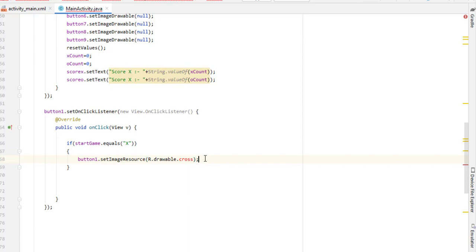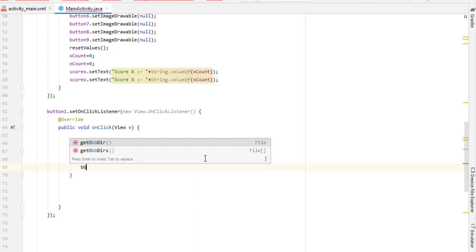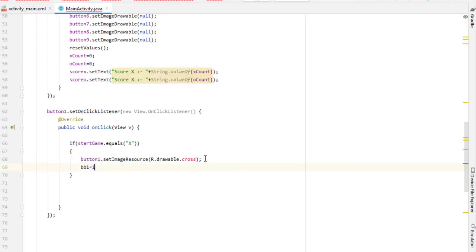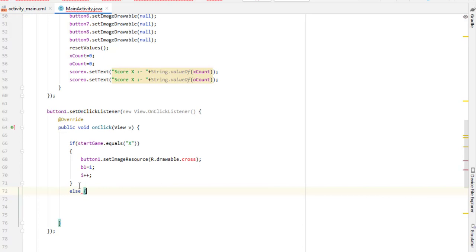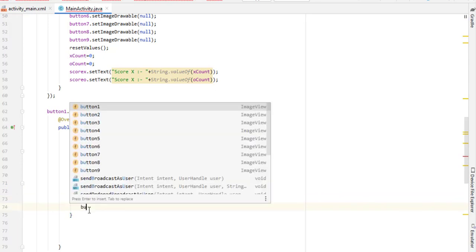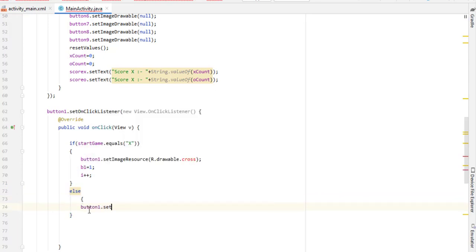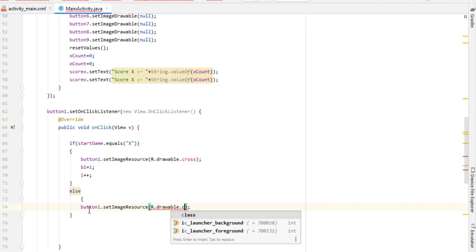I have to increment the value of variable b1, so I assign b1 equal 1, and then I simply increment the variable, i++. If the case comes inside our else, then type else, then take 2 curly braces, and inside this I press enter, then what I have to set is button.setImageResource with R.drawable.circle.